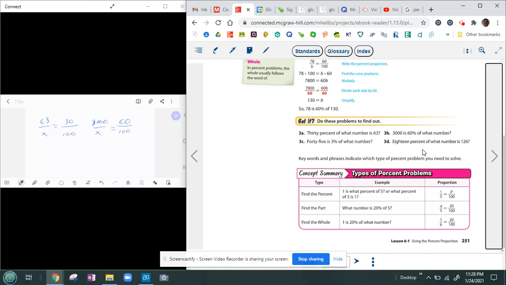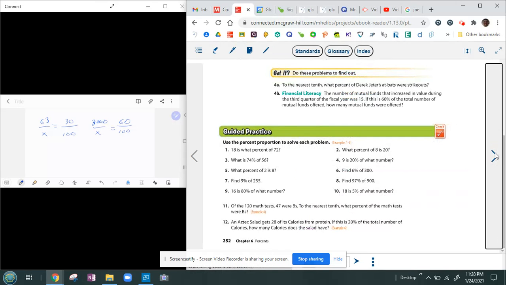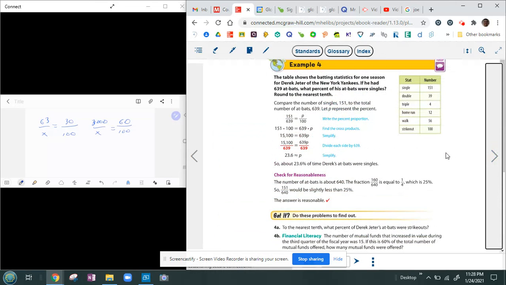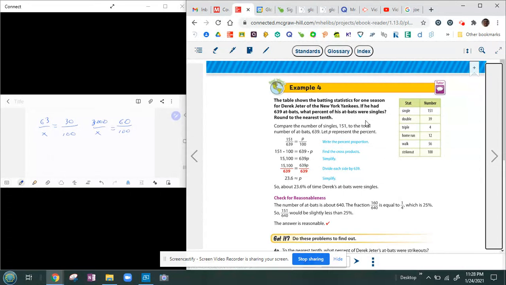All right, hopefully this is clicking for you guys and it's not too tricky. This just summarizes the 3 different possibilities there are. All right, where the percent's missing, the part's missing, the whole's missing. All right, with practice, they will become easier and easier. Here, it's just